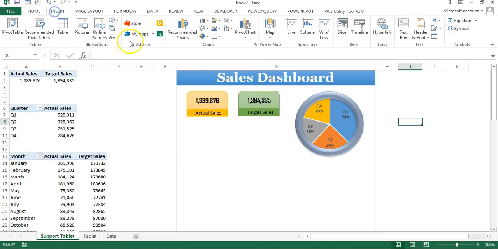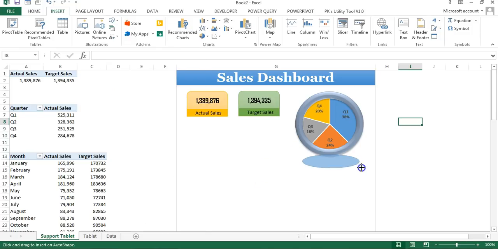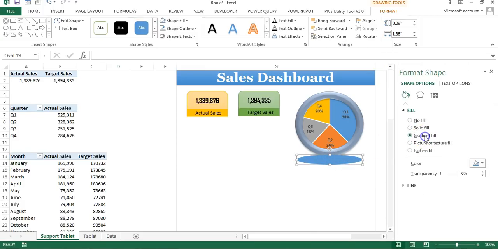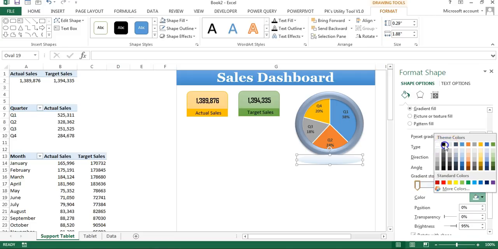Now I'll go to the insert shapes, and I'll insert our oval and drag the oval here like this. Shape outline, choose no outline, right click, go to the format shapes, and here we will fill the gradient fill. Just remove the gradient stops from here, just keep only 2 stops. For the first stop keep black, and second one just keep white.